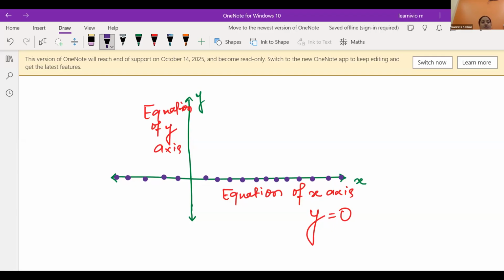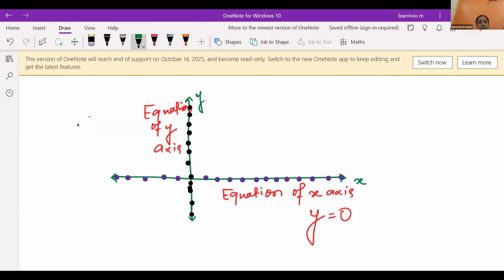And for the y-axis, we have an equation that is, please tell me. Please tell me, for the y-axis, what can be the equation? Even if you have to guess, please guess it. The x-axis equation is y equals 0. So the y-axis equation will be